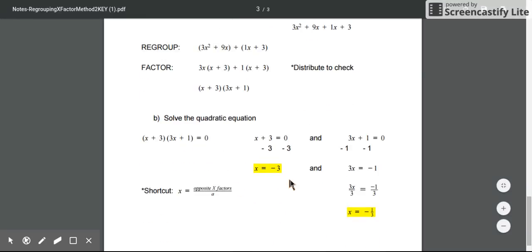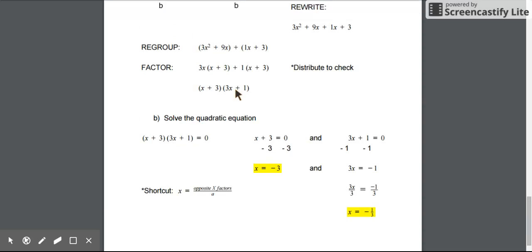To solve, you can either set these expressions equal to 0 and solve algebraically, or you can take the opposite of your x factors and divide by a. Either way,